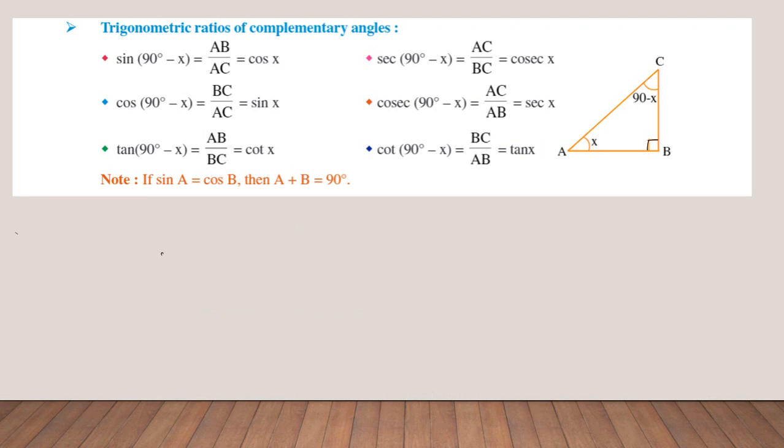Before getting into this, first of all we need to understand some points here. Already in our previous classes we have learned that when the sum of two angles is equal to 90 degrees, then such angles are called complementary angles. Here angle A is complement to angle B and angle B is complement to angle A. So if you take any two angles, if the sum of two angles is equal to 90 degrees, then we call such angles complementary angles, right? We are going to apply this particular complementary angle concept to our trigonometric ratios. Now let us see how they behave, right?